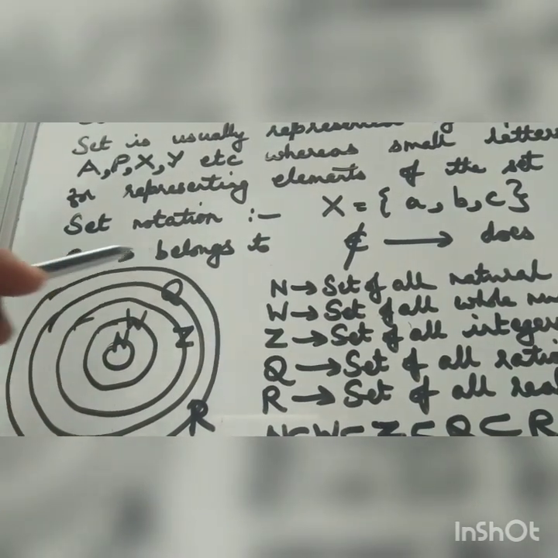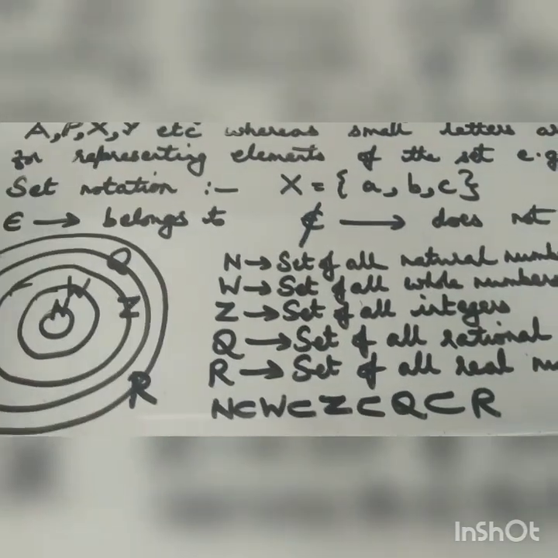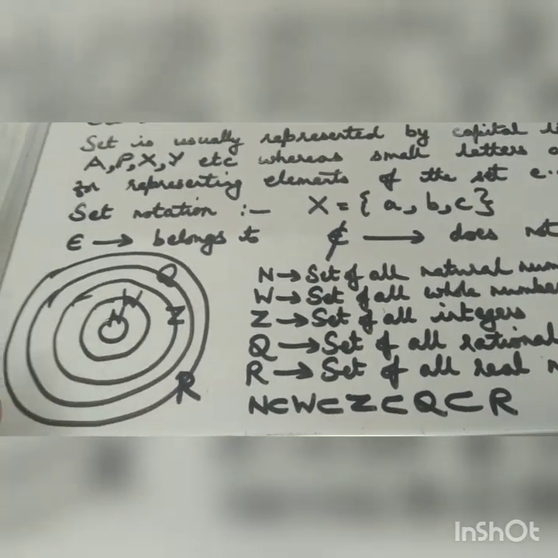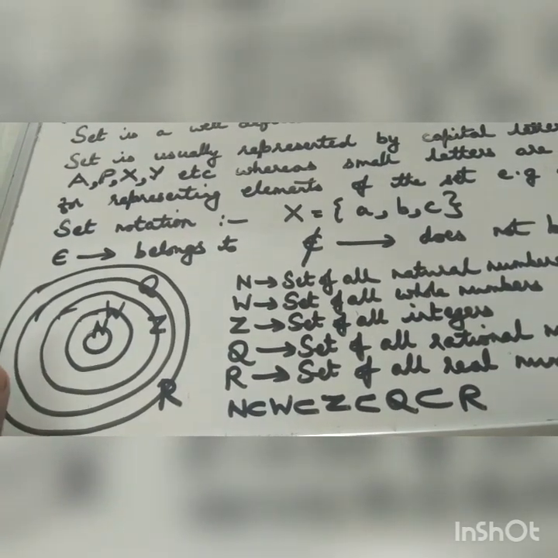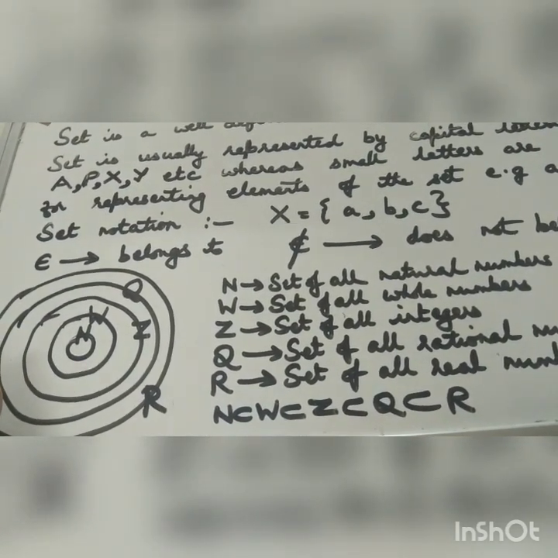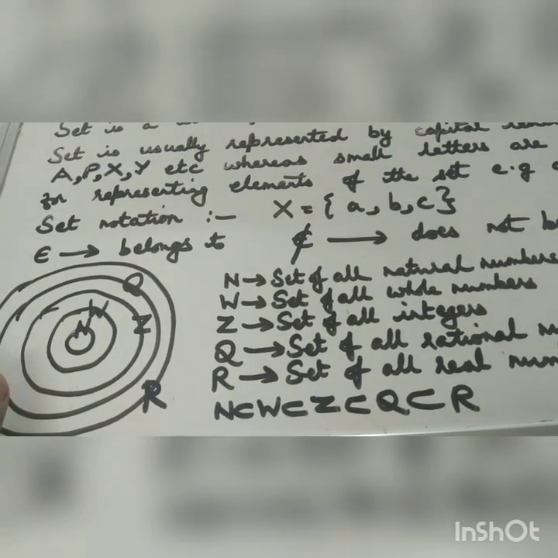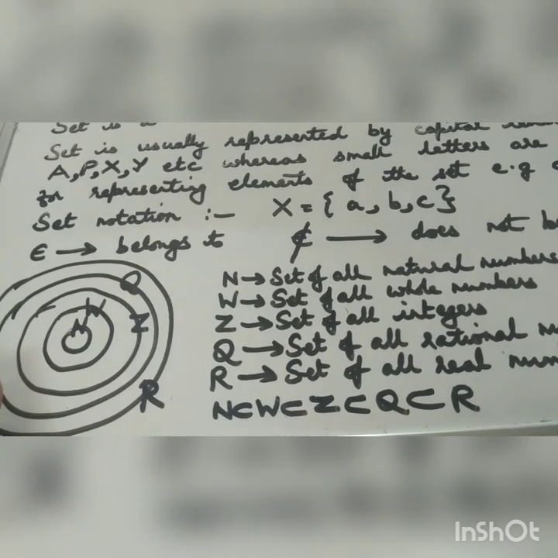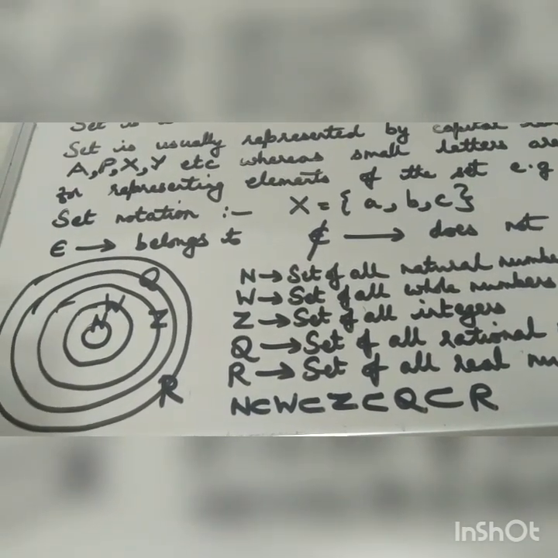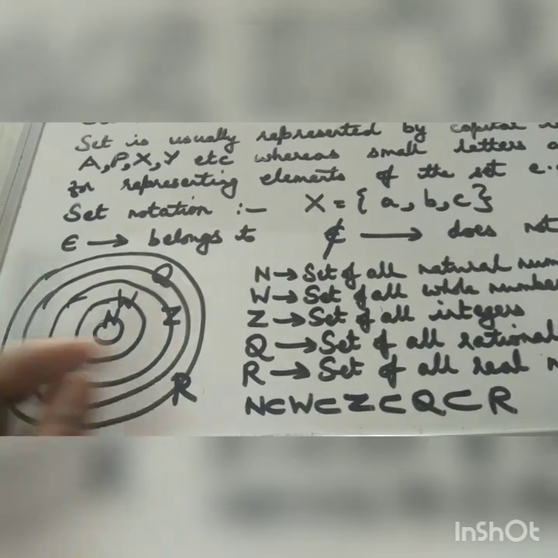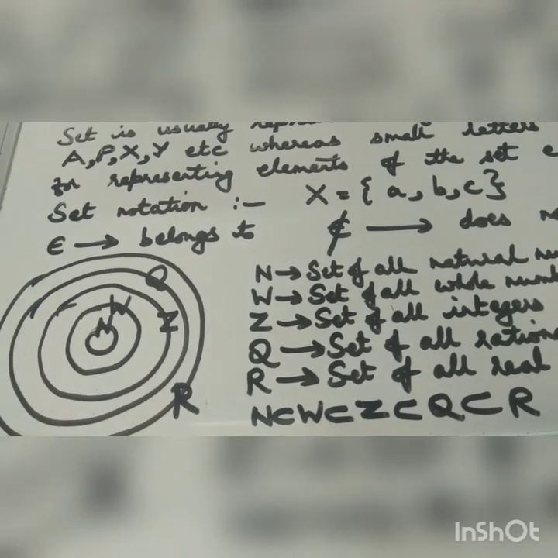Now this set of real numbers is the biggest set which is containing all other sets. That is why I have represented this in set notation form, so that you understand the number system as such. How do we represent all types of sets and how do we represent them in set notation. I hope this much is clear. We will move on to a few more things, that is representation of sets.